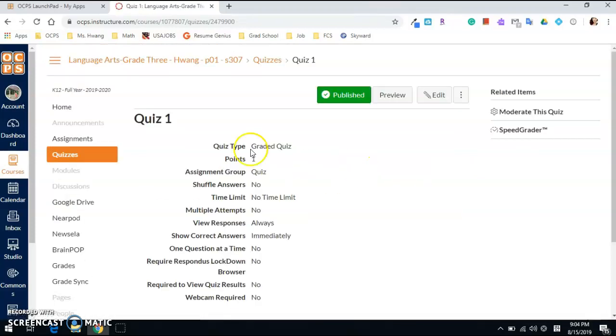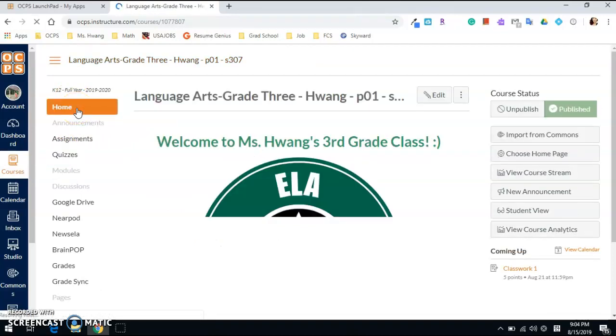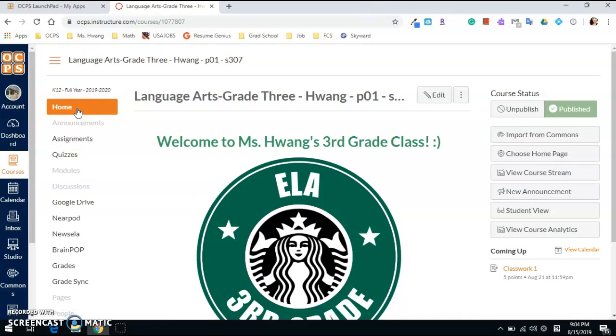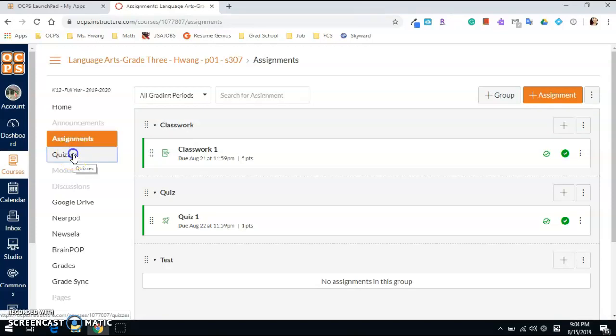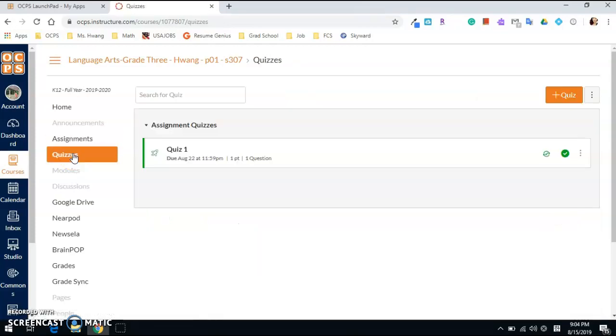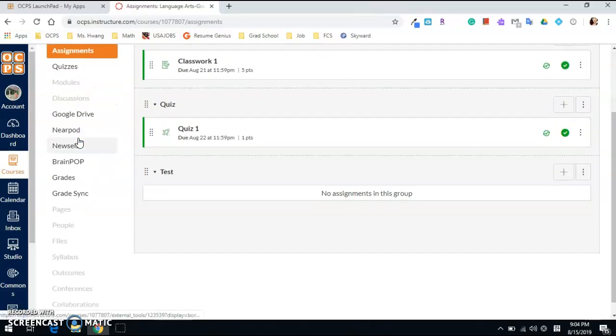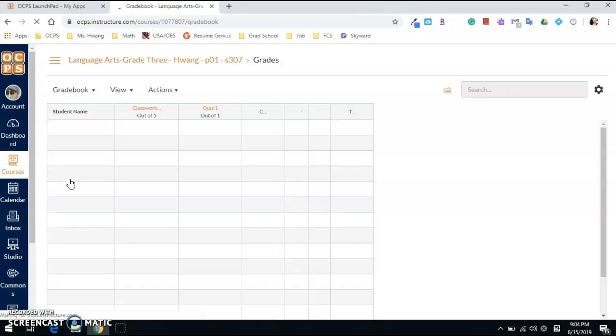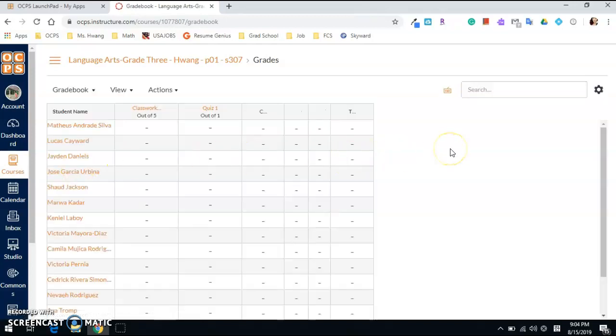Now this is a 1 point quiz, and now notice how when I go back to my home page, my gray assignment and quiz became darker. Why? I actually have something in my assignment, or quiz tab now. That's why it became dark. So I'm going to go under grades to input the grade. Now, classwork, you have to put the grade in like how we do for other assignments,